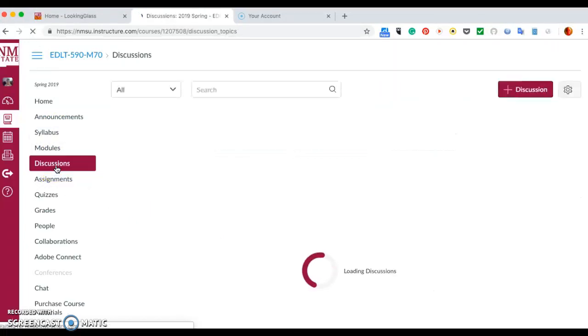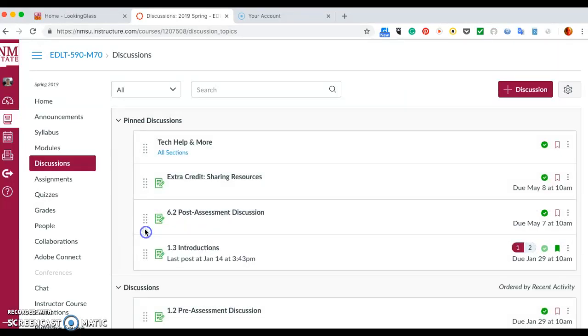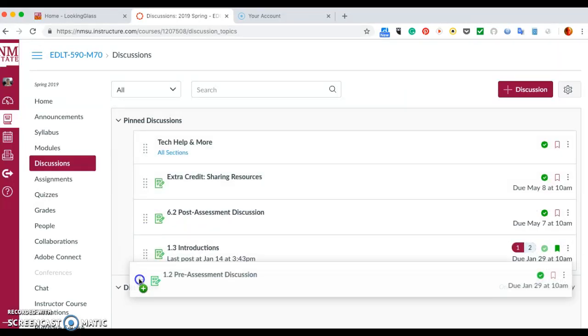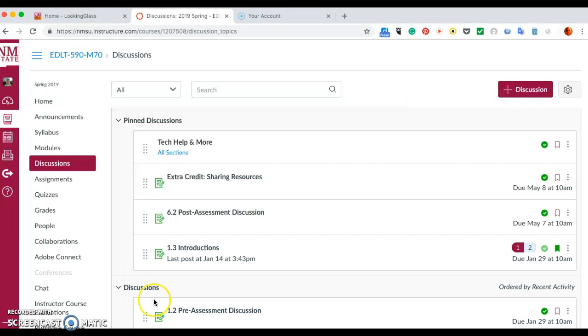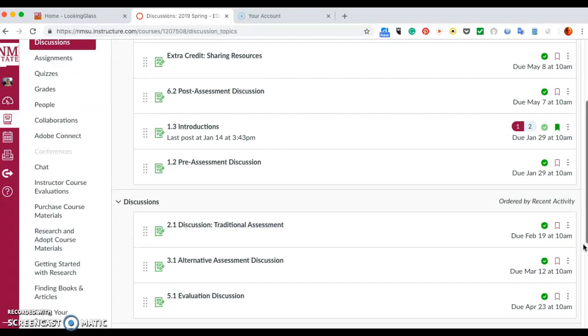Discussions, everything is open. I don't close anything or ask you to complete something, but I do have discussions that are pinned, the ones that are active. So I guess we should pull the 1.3 and the 1.2 up, because those will be active as of Wednesday.